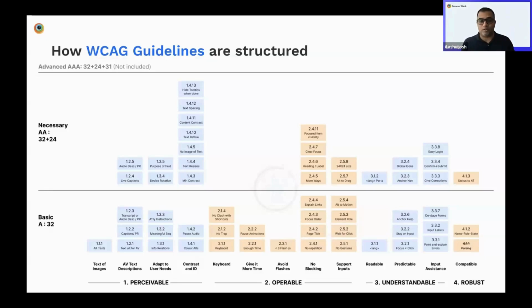If it starts with 2, it belongs to operable, and so on. And then there are themes around which the accessibility guidelines have been maintained. So 1.1.1 is basically text for images. Then do we have description for audio and video? Does the app adapt to the user needs? Do we have enough contrast? And so on. The very first version of WCAG was just 14 guidelines, and now we are looking at about